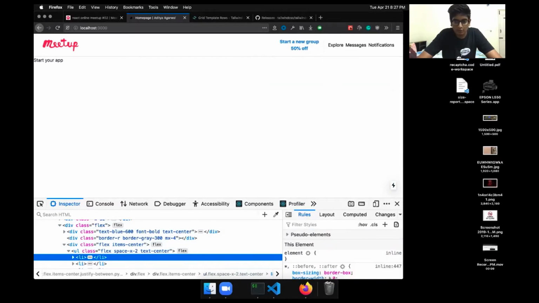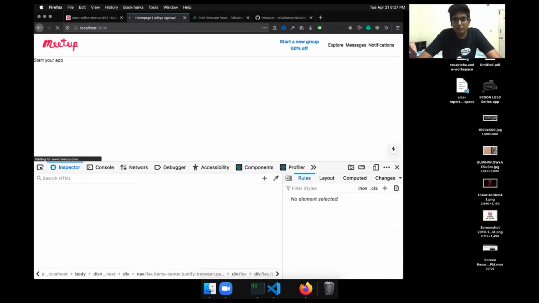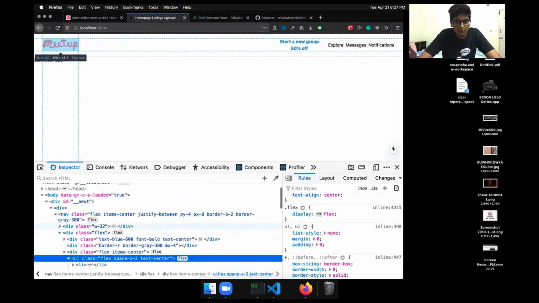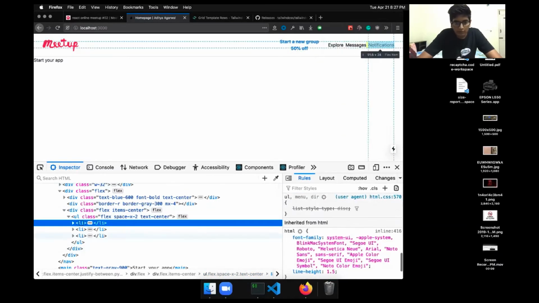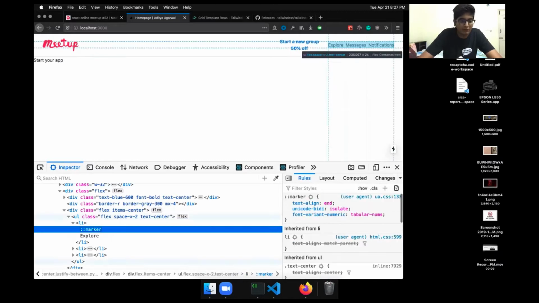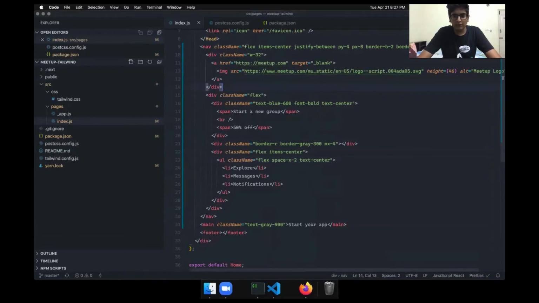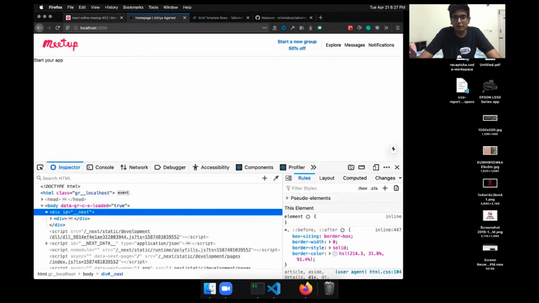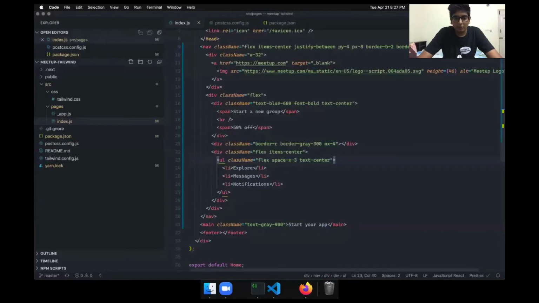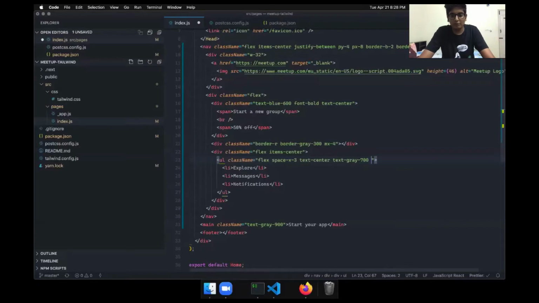this is strange. For some reason, there is nothing shown in the DevTools. Okay, we can figure it out later. Let's move on. The 2 pixel spacing, I think we can do 3. Yeah, and now we have to dim it, so let's do text gray 700. And the font is also a little smaller, so we can do text sm.